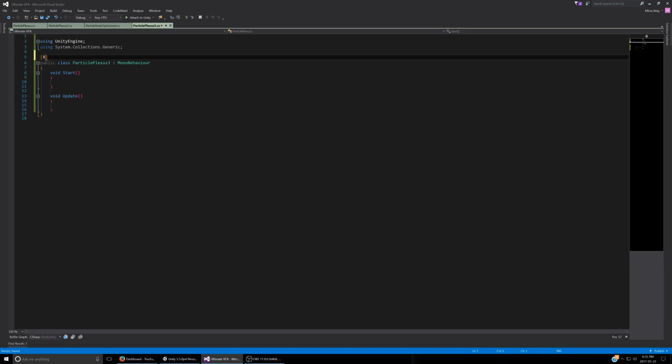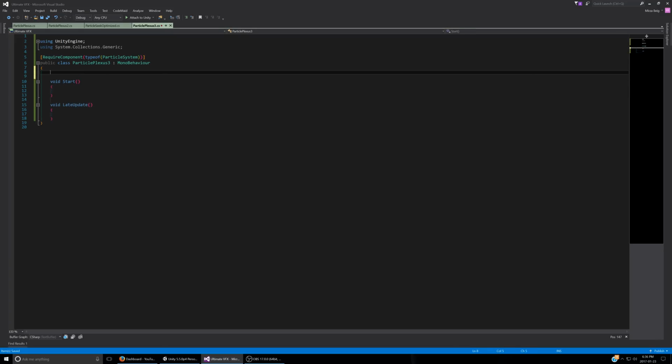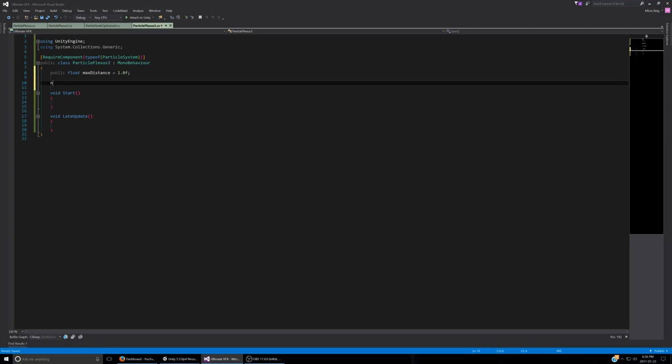I'm going to add a require component to this type of particle system, so we know that there's a particle system component attached to whatever object this script is also attached to, because we will be working with that, and we're going to be doing everything inside of late update and start. I obviously also want to start creating a public float for the max distance, which equals 1 in this case. I'll get the other two in a bit, which is max connections and line renderers, and then I'll just quickly skip ahead to particle system,